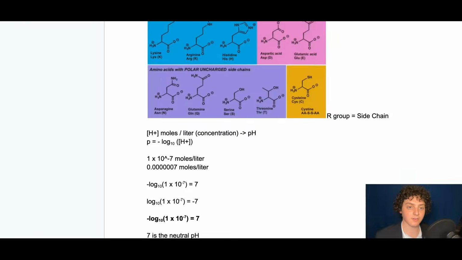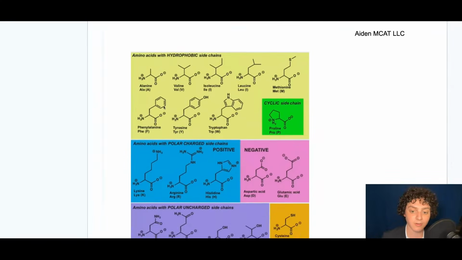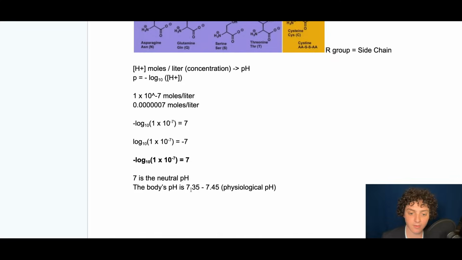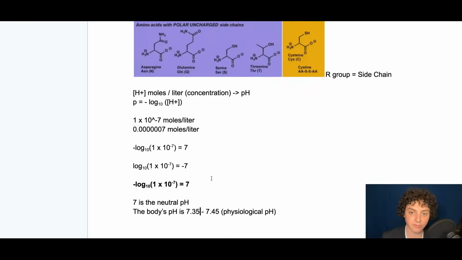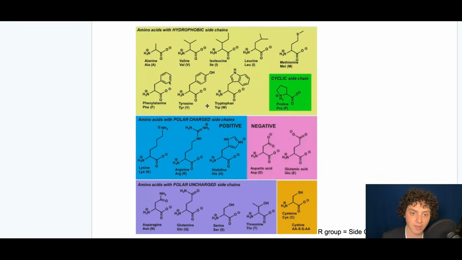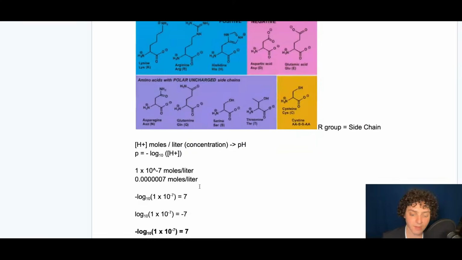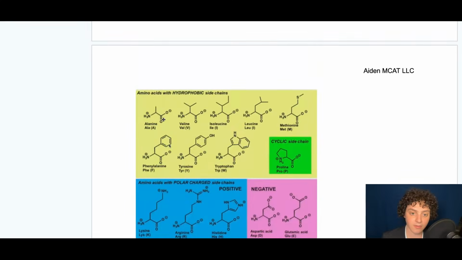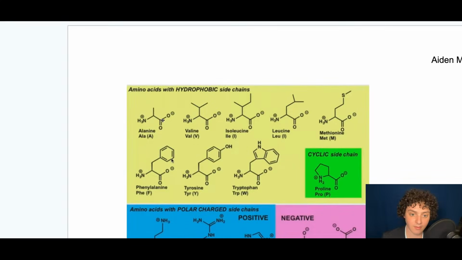So this is part of the discussion of the acid-base chemistry of amino acids. And so when we have a pH of about 7.4, that amino group is positively charged. It's accepted an H, and that carboxyl group is negatively charged. It's given off an H. And that is because this environment has a concentration of hydrogens such that this group has acted as an acid and this group has acted as a base.